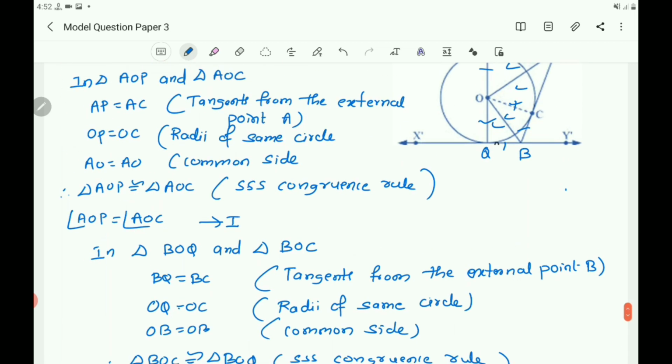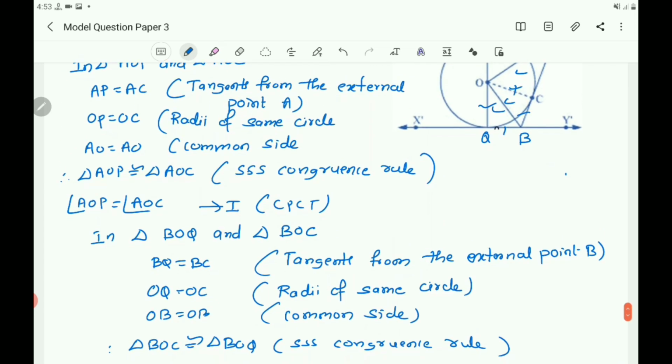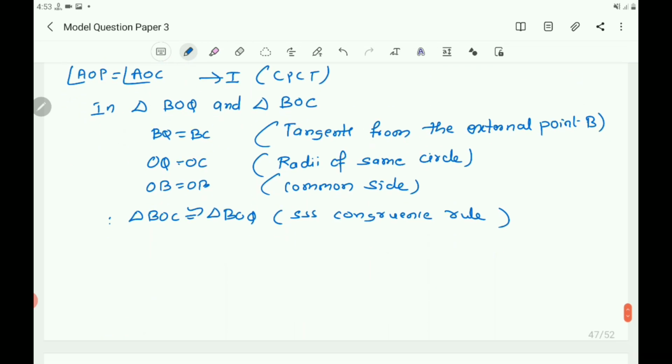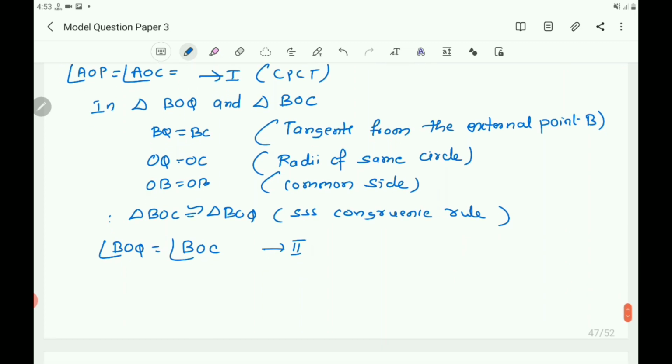So again you can write here the reason is CPCT. Similarly, according to CPCT, you can write these two angles: angle BOQ equals angle BOC. Consider this is second. Here you can write these two are angle A, these two are angle B, or directly also you can take care. So write here